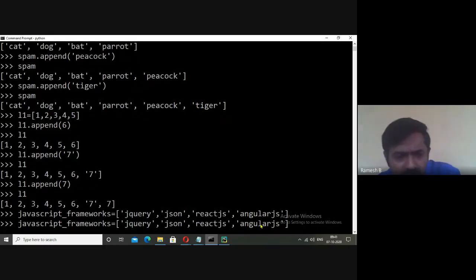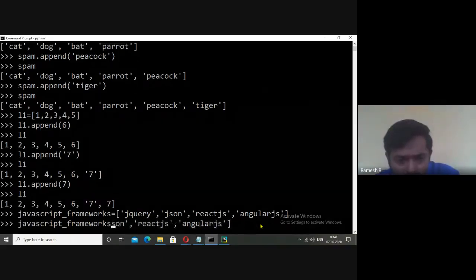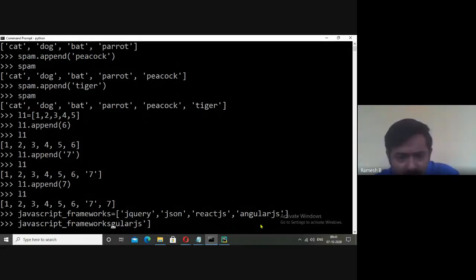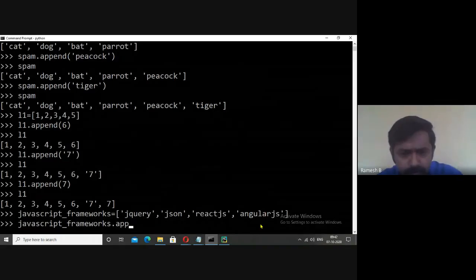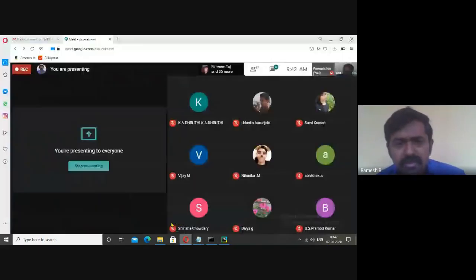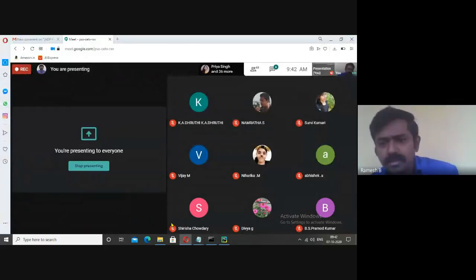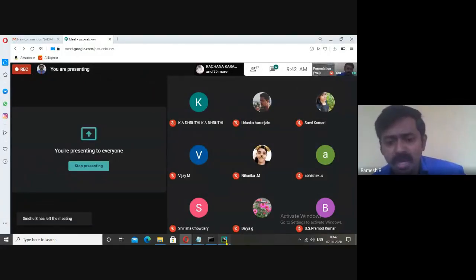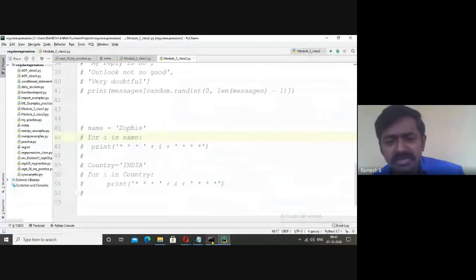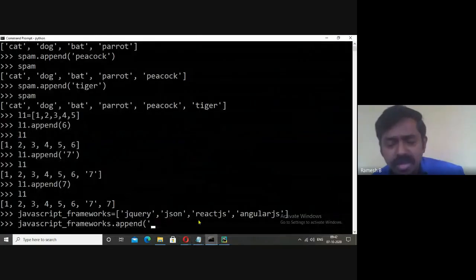Now, say I want to add one more thing, dot append. Is there any JavaScript framework? Can you tell me any JavaScript framework apart from them?